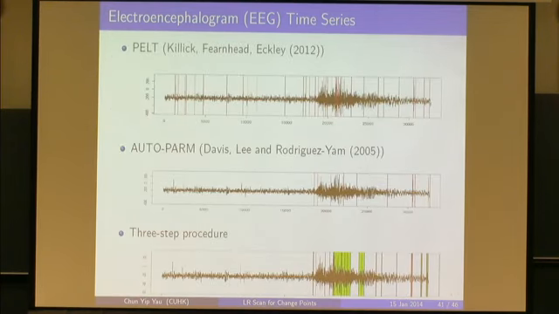and so this is the estimated location of change point. So you see, this is AutoPalm, and this is the three-step procedure. We have the green thing because we can also provide the confidence interval, while the first two are just the location of change point. And comparing us and AutoPalm, the locations of the change points are quite similar,